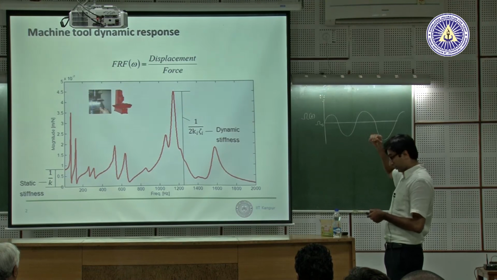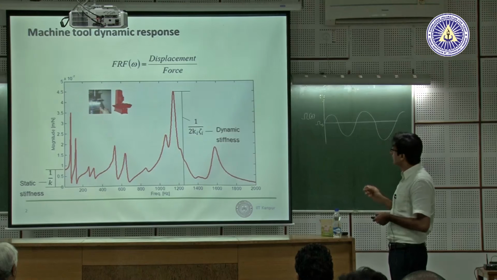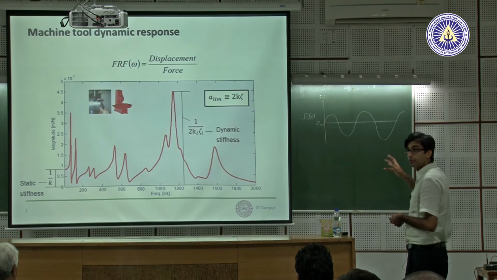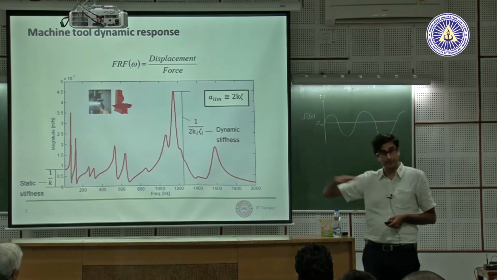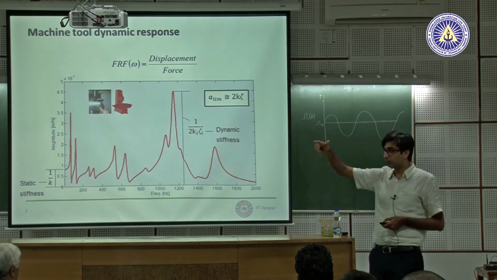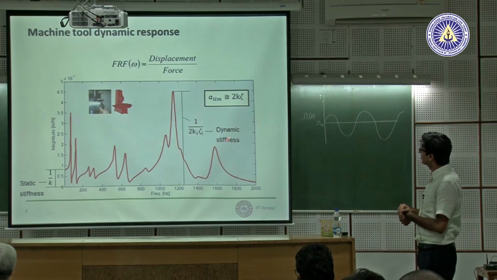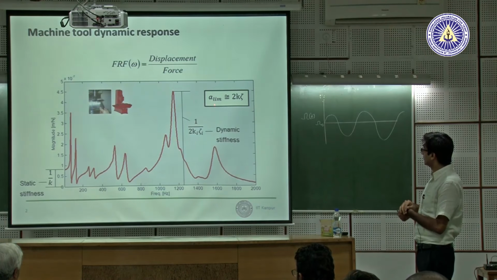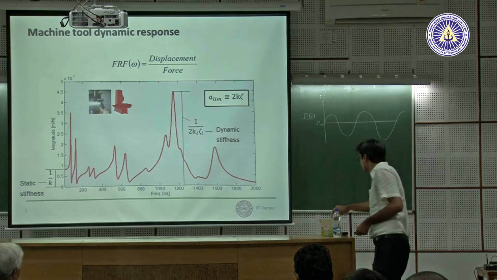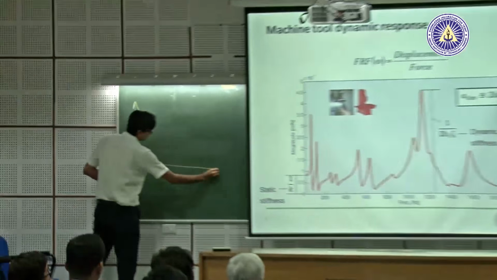And the reason it's time to move to this is that how flexible the machine is directly relates to our stability lobe diagrams. We've been looking at it differently. The absolute lowest limit we've been talking about is 2 zeta, 1 plus zeta. But we can also represent it using dynamic stiffness, and you'll get the same formulation. So this is the limiting depth of cut. If you remember from our stability lobe diagrams, this is speed.